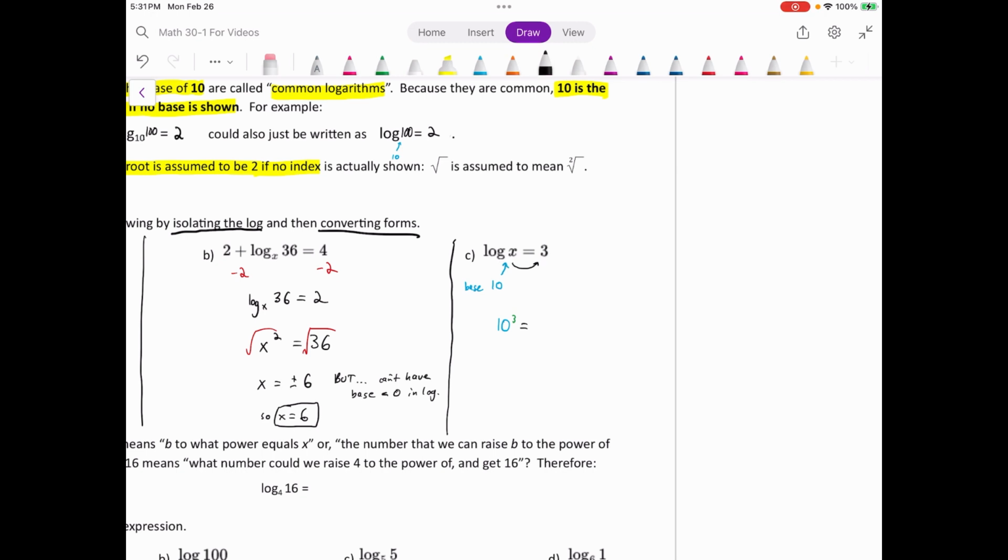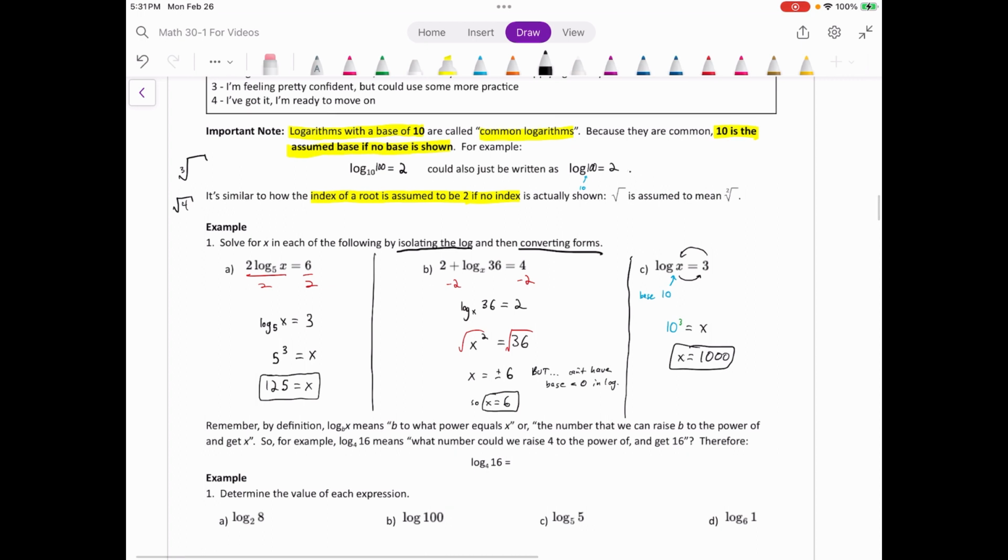This to the power of this equals this. And therefore, x is just 10 cubed. So x is just 10 times 10 times 10, or 1,000. And there we go. We've solved some logarithmic equations for x just by isolating the x and then changing form